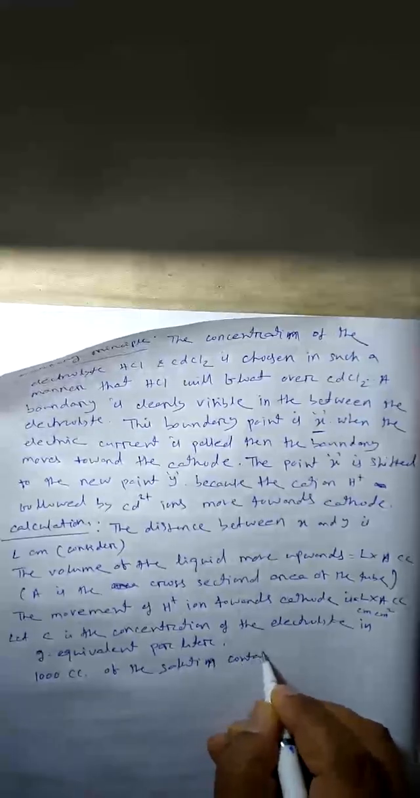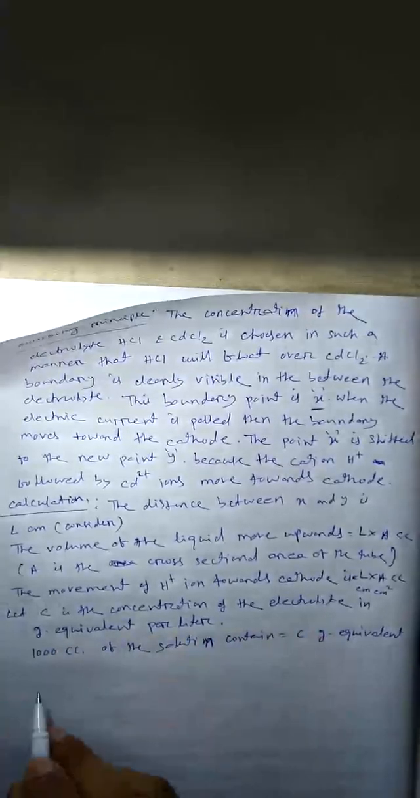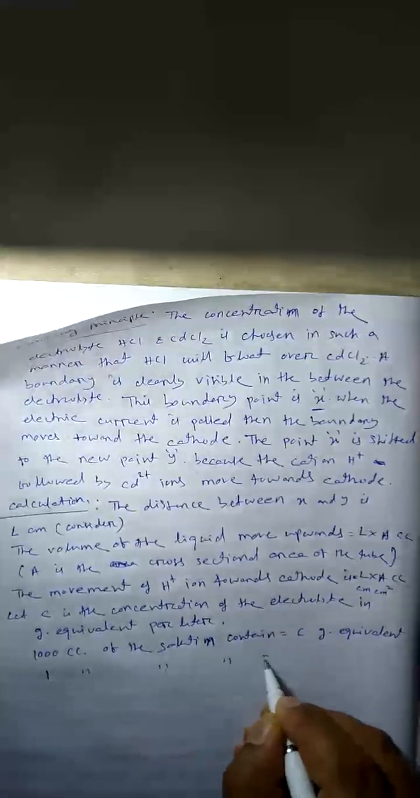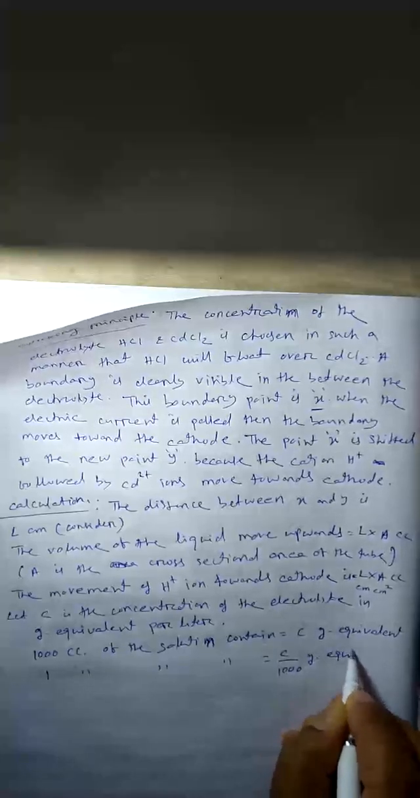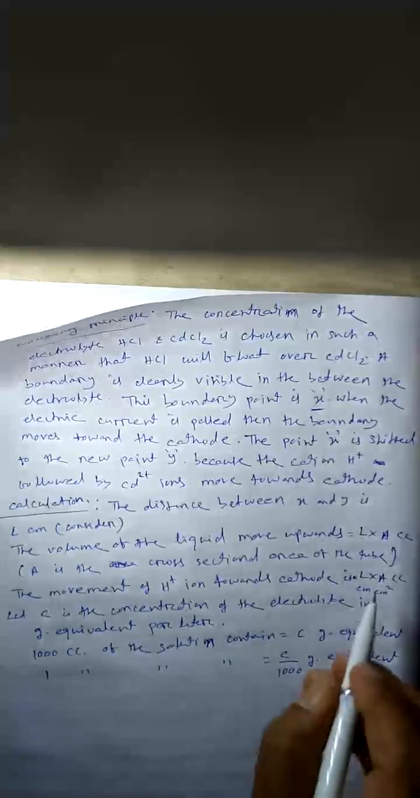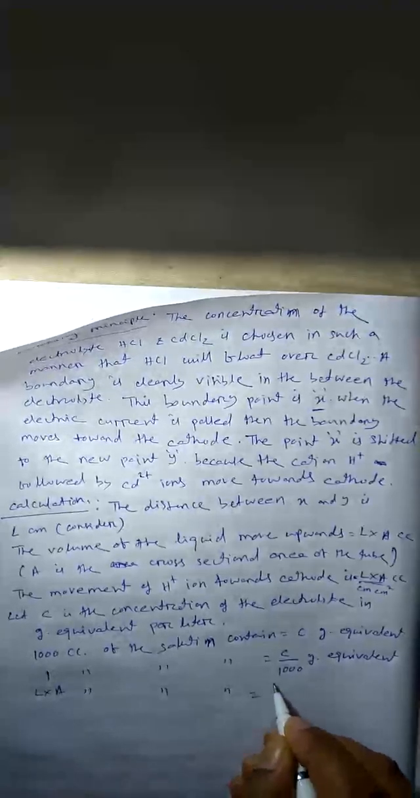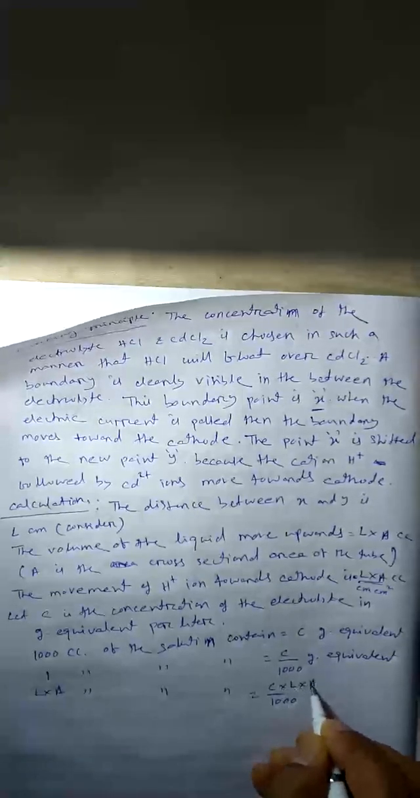contain C gram equivalent. That means the concentration is in gram equivalent. 1000 cc of solution contains C gram equivalent. So 1 cc of the solution contains C by 1000 gram equivalent. Then the volume of liquid transferred is L into A. Then L into A cc of the solution contains C by 1000 into L into A, this much gram